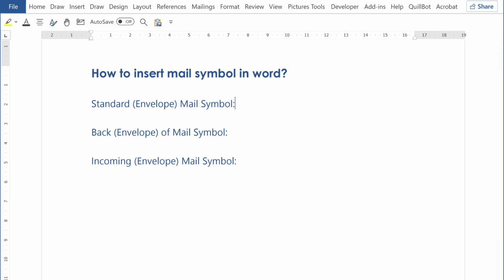Inserting a mail symbol in Microsoft Word is one of those tasks that seems like it should be one click, but it is actually hidden in a few different menus. So depending on whether you want a quick shortcut or a specific stylistic look, here are the most effective ways to do that. So if you want to insert a standard mail symbol, then press Alt and press 9993